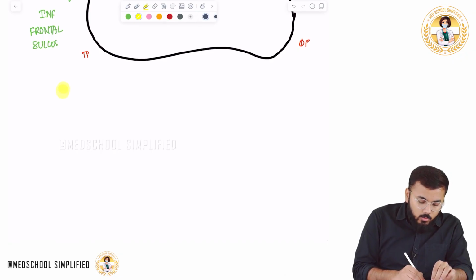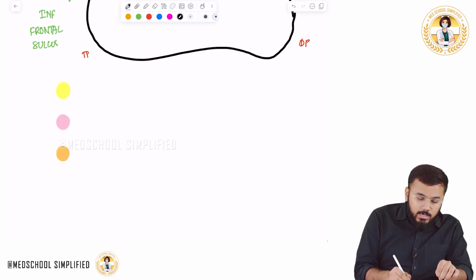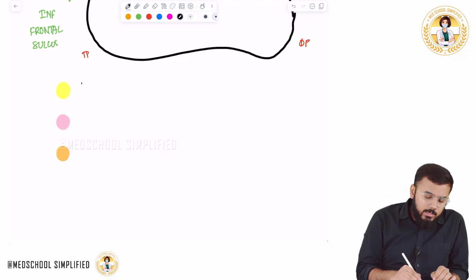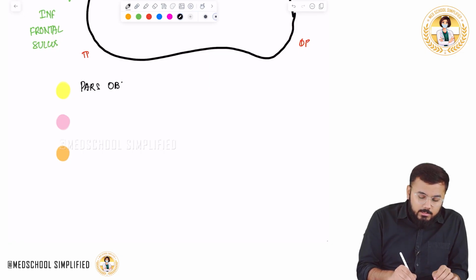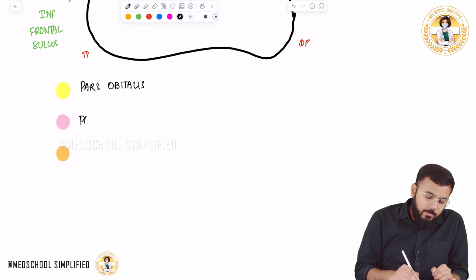One with the yellow, right? And one is this baby pink, and next you have got this color. So what are these three areas? One area over here is called as your pars orbitalis. The next layer you have got is the pars